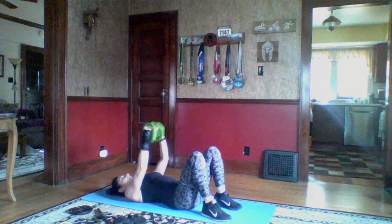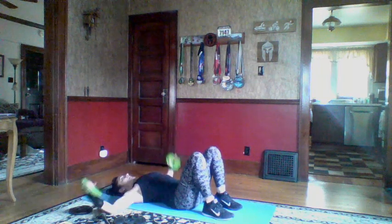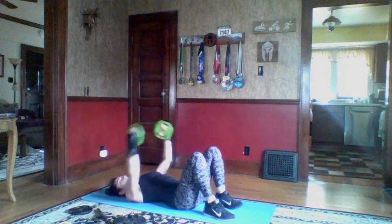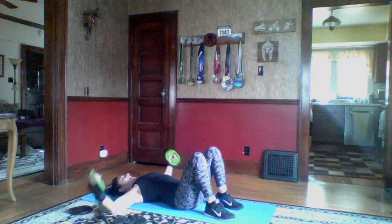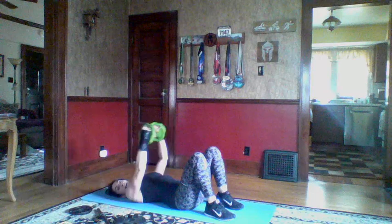I wanted to do it without the bench today. So you can see you can still do chest flies on the floor. Slight bend in those elbows. Core is turned on. Shoulder blades are down and locked in place. Hands are roughly at chest